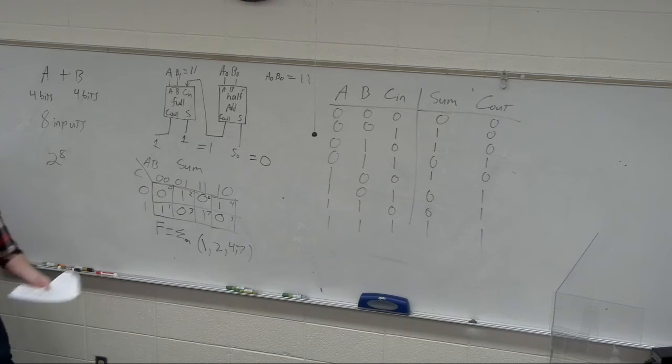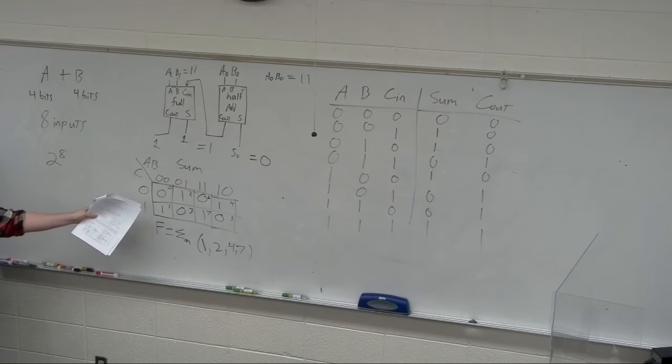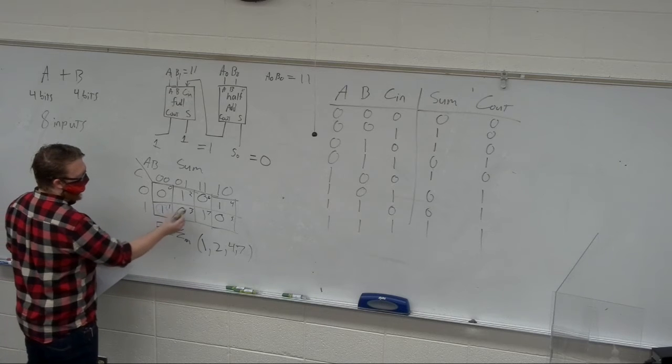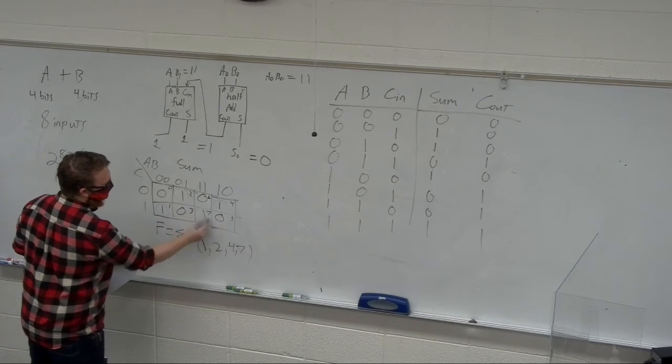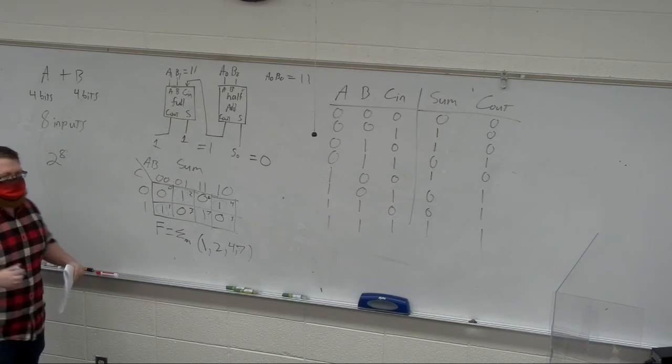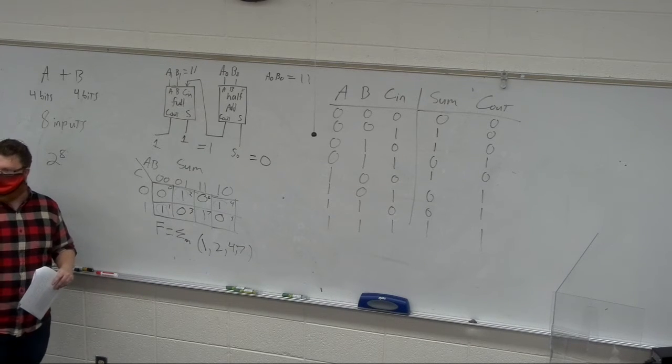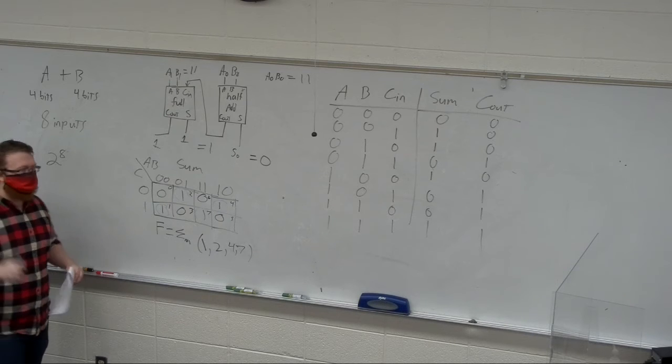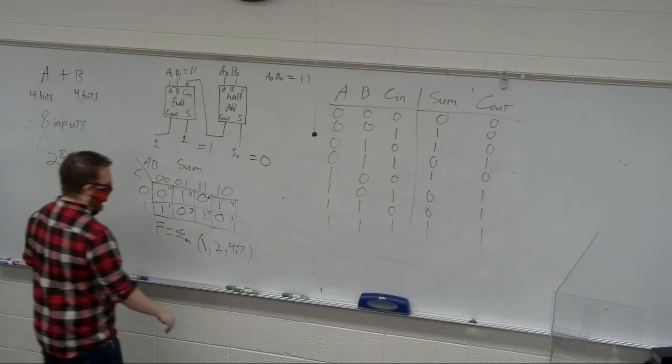Now we taught you minimization tricks with K-maps. Is there anything useful that we can do to minimize this one? Not really. We've got a 1 here, a 1 here, a 1 here, and a 1 here. So how many terms am I going to have? 4 terms. And each of those terms is going to have how many inputs on it? 3. So we're going to end up with